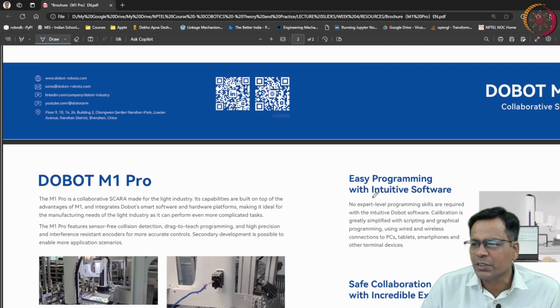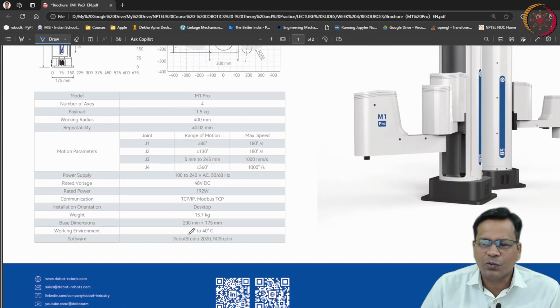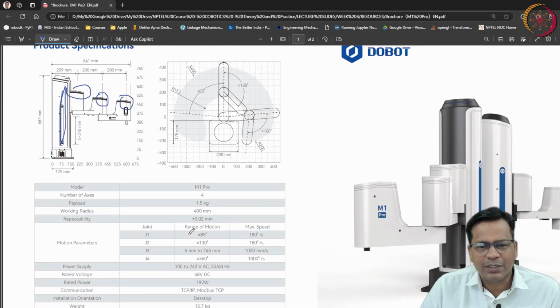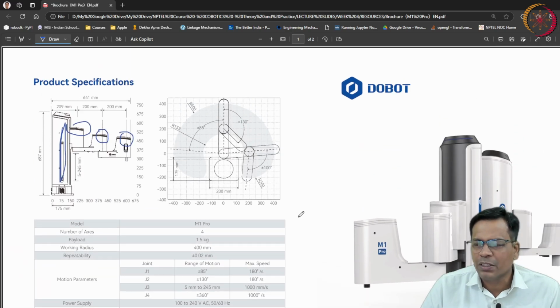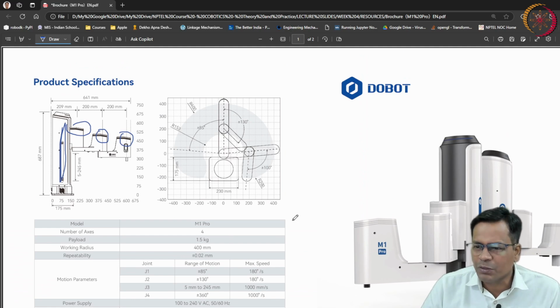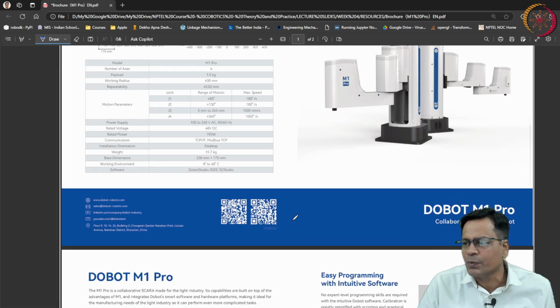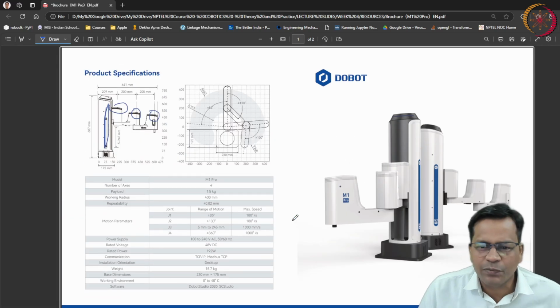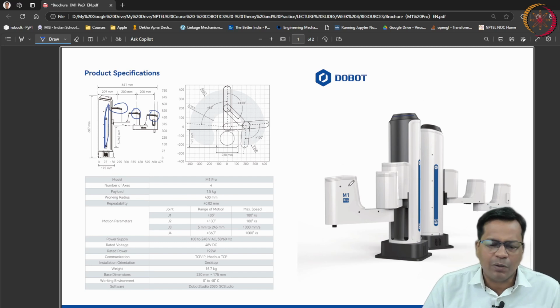So these are the specifications. Nowhere it is written which standard does it follow. I don't know if it is purely a cobot, because a cobot has to follow ISO 15066, okay. So that standard is not mentioned here. So any robot which allows you moving by hand is not a cobot, okay. So mind it. So this may not be a cobot because it doesn't mention its standards which it follows, okay. It may not be safe for human all the time. So yes, but because it is a low powered robot and a desktop robot, may be safer, okay.